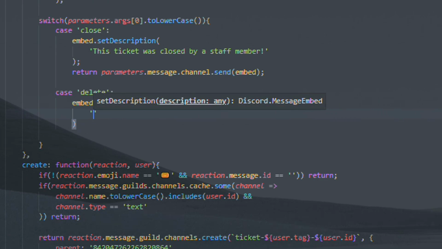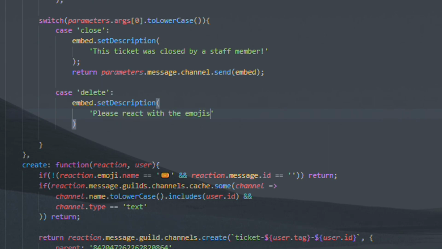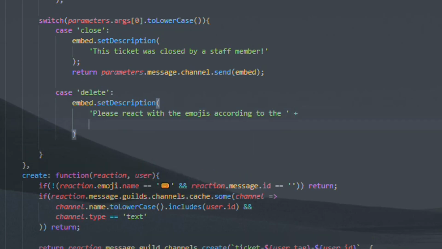No, this is gonna be a confirmation message. Actually, I want to do a confirmation message because you don't just want to delete a ticket. Maybe you haven't saved the transcript or whatever. So basically, we'll do a confirmation message. We say, please react with the emojis according to the action you would like